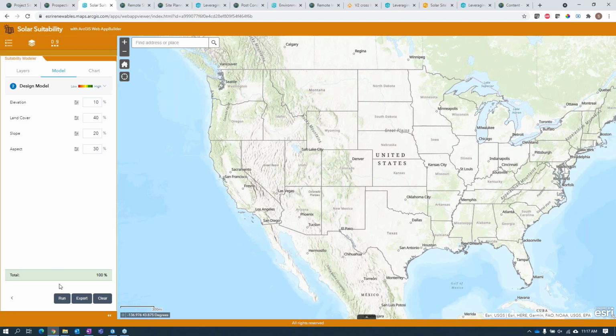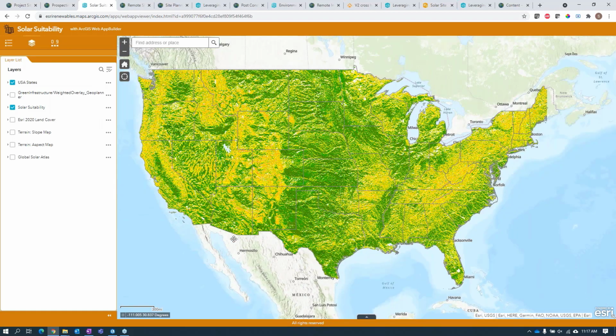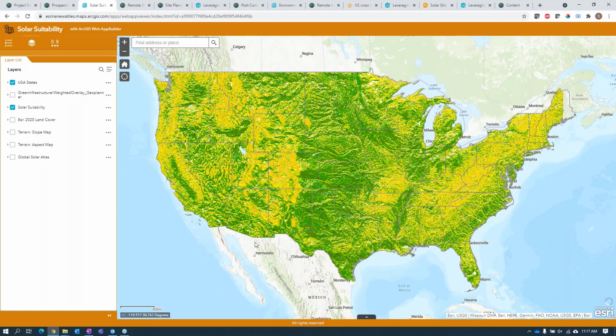And this tool is really nice because on the back end, it uses some of those raster and imagery capabilities that Alessandra talked about to do all of this analysis in the cloud. So when I click run, we'll basically generate on the fly a raster data set that shows me the suitability for the entire US for solar development based on these different input criteria that I've specified. And this can scale really easily, right? I don't have to sit here and work at my desktop or workstation and wait for this thing to finish processing. I basically click a button, it's all handled in the cloud,